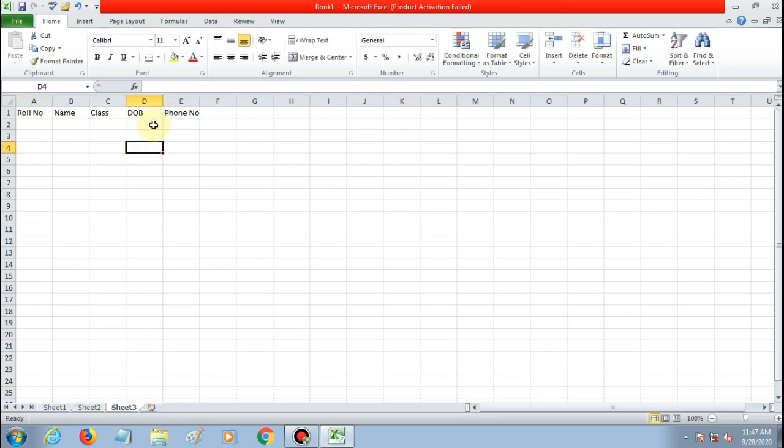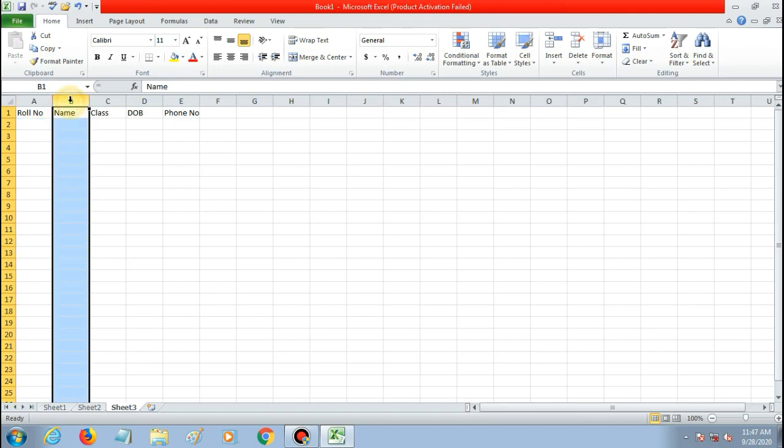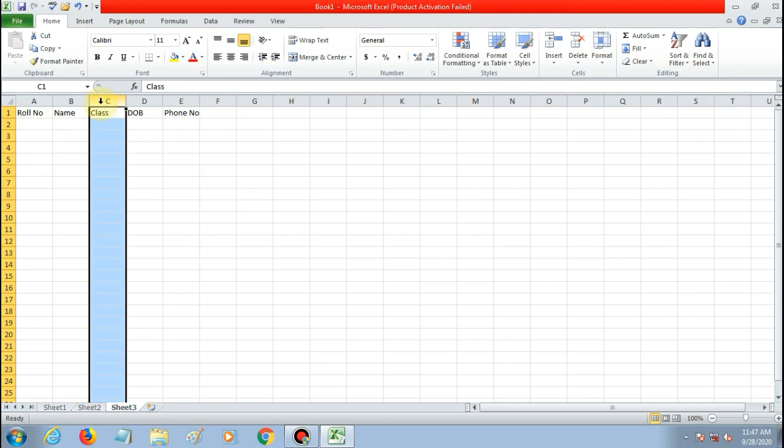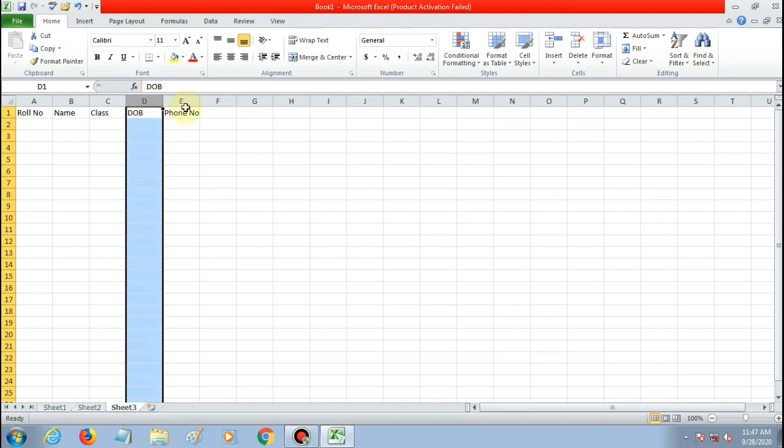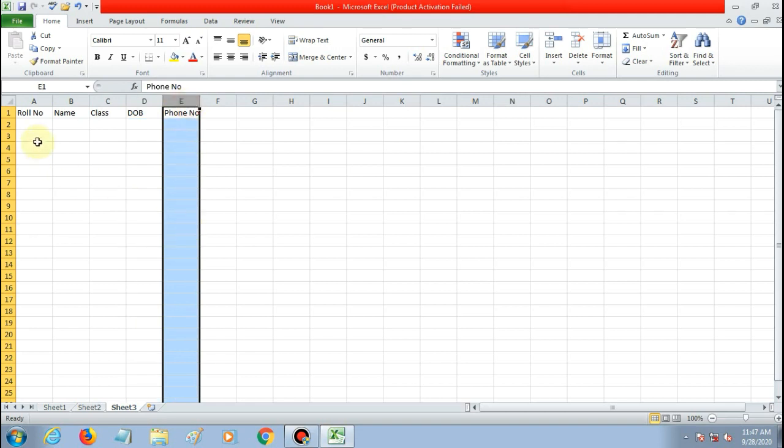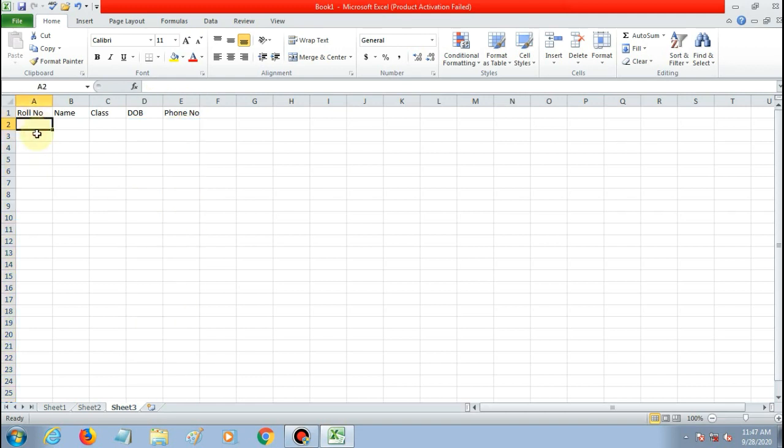So these are the headings in which in this column I will enter roll number, and in this I will enter name, and here I will enter class, and here in this column I will enter date of birth, then phone number.